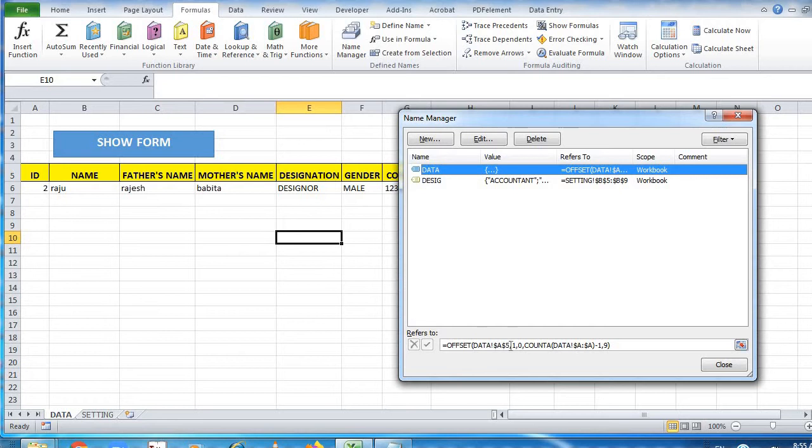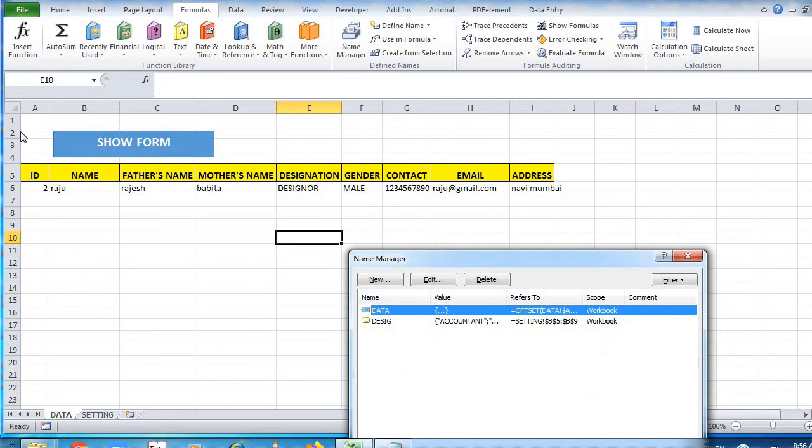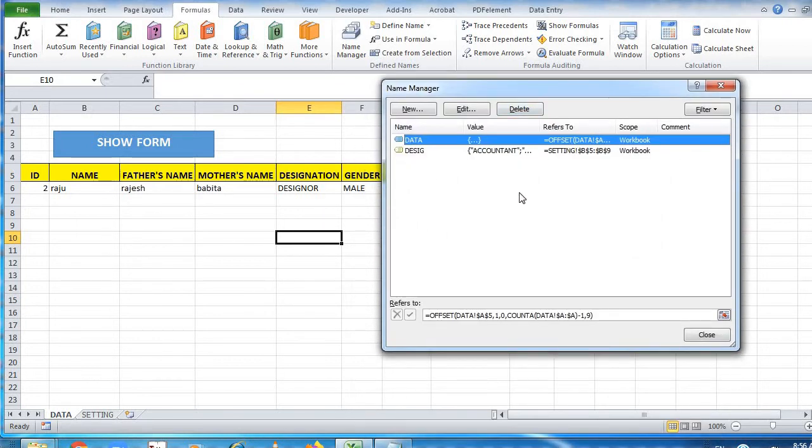This is column number 1, 0, counter data A to A, that entire data from column number 1 to 9, everything will get selected. 1 2 3 4 5 6 7 8 9, all the data will be selected, and whatever you enter in the form, the complete data should come over here. So this is the formula of offset that you need to put in.